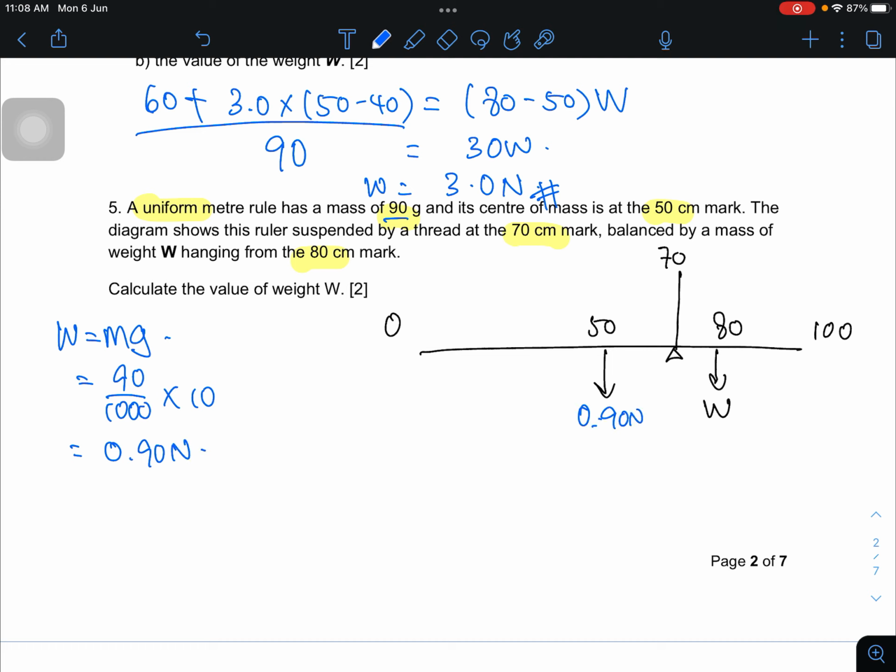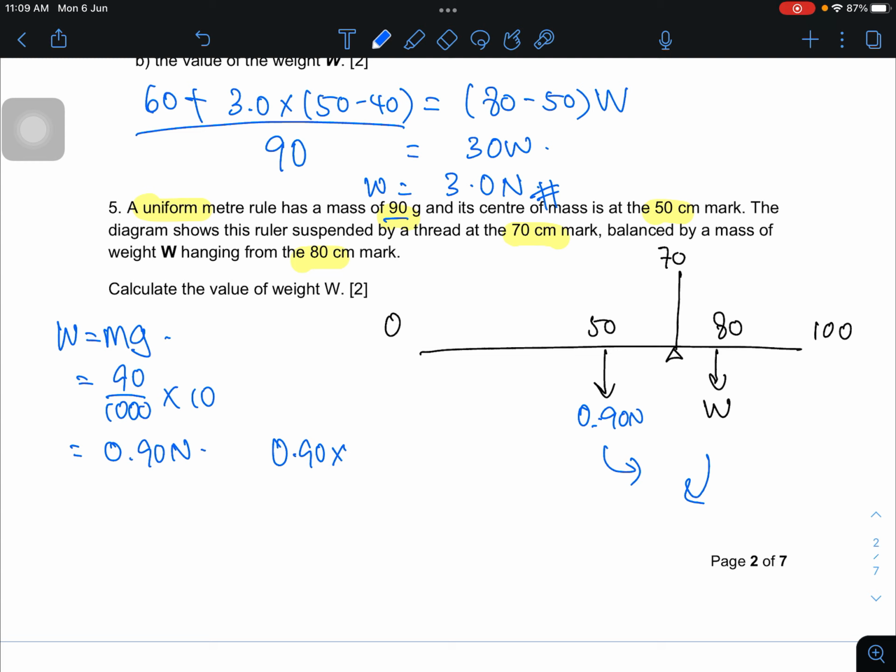This is 0.90 Newton. Now we have the force, and we are told that it's balanced. So we can find the value of W using the principle of moments. Sum of clockwise moment equals sum of anti-clockwise moment. So the anti-clockwise is